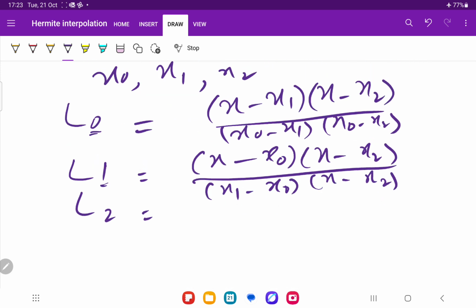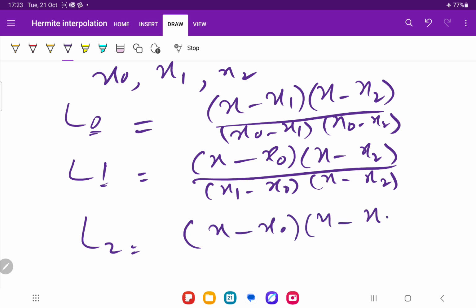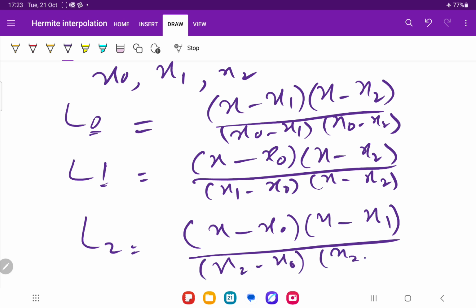Okay, and L2, so there should not be any x2 in the numerator: x minus x0, x minus x1 divided by x2 minus x0 and x2 minus x1. So that is the review of the Lagrange interpolation, because the crucial point is only to calculate L0, L1 and L2. Okay,